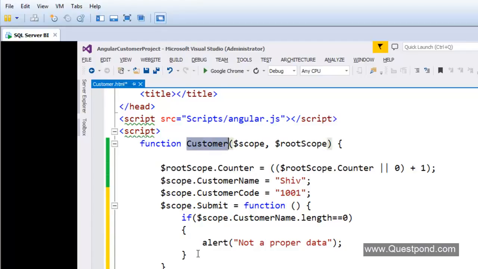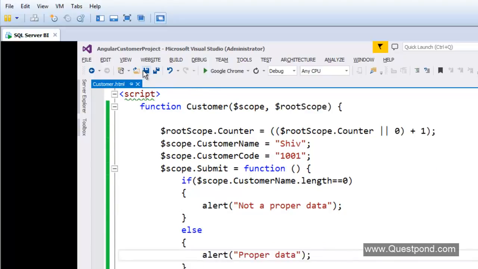So putting an alert is not a good idea here, but at this moment just leave it. We'll see what to do later on, right? And I will say here alert, this is a proper data, right? Okay. So a very simple method I have created called submit, and this method I want to go and